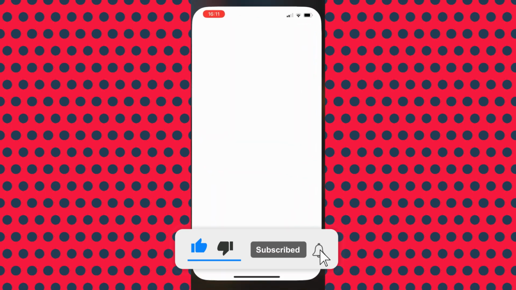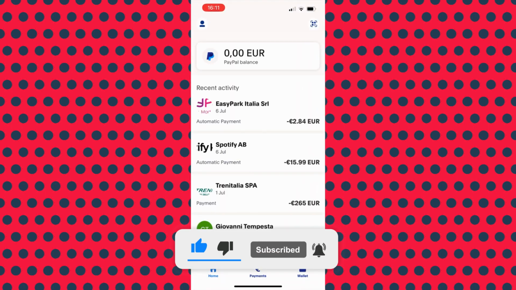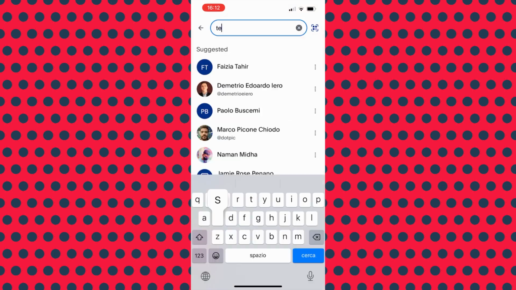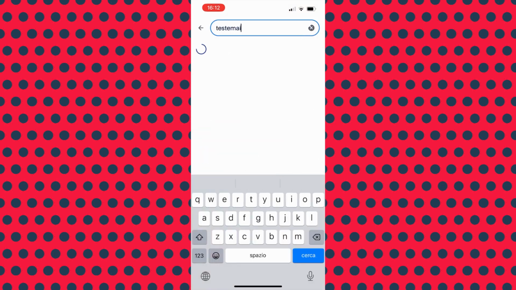First, when you signed up for PayPal, you created an email address which also serves as your PayPal email. To receive money, the sender simply needs to utilize that email when starting the transaction. So, if someone wants to send you money, they can easily do so by clicking on Send and entering your email address. To make it even simpler, all you have to do is provide the sender with your PayPal